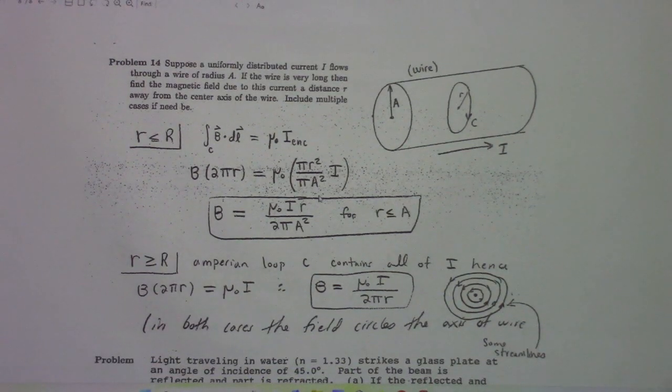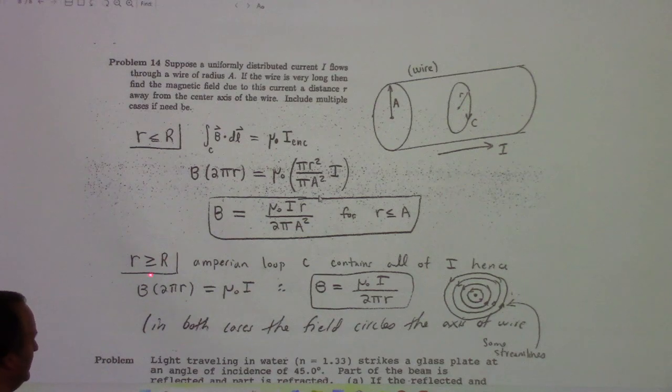Let's see here. Uniformly distributed current I flows through a wire of radius A. If the wire is very long, find the magnetic field due to the current, a distance r away from the center axis of the wire. All right, so we think about an Amperian loop. The current enclosed is pi r squared divided by pi a squared times I, because this is the fraction of the area which you're encircling. So that gives me the current enclosed. And then, of course, by the symmetry, it's just B times 2 pi r on the other side. And lo and behold, I get mu naught I r over 2 pi a squared